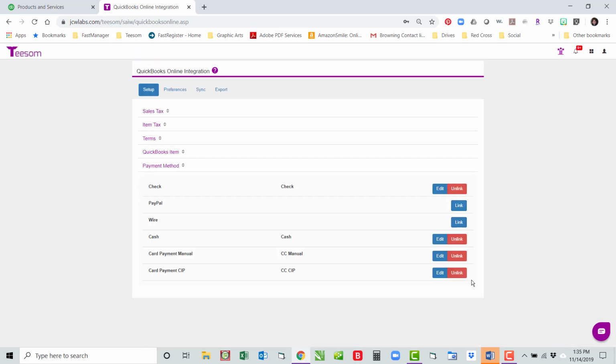Okay, let's go ahead and jump to payment method. Again, I've connected pretty much everything except the PayPal option and the wire transfer option. And maybe I'm not even going to use those options, so I probably won't even create them in QuickBooks. In fact, I could probably delete those out on Teesom's side if I'm not going to be connecting them. Okay, I think you get the gist of setting up and linking things in QuickBooks, so let's move